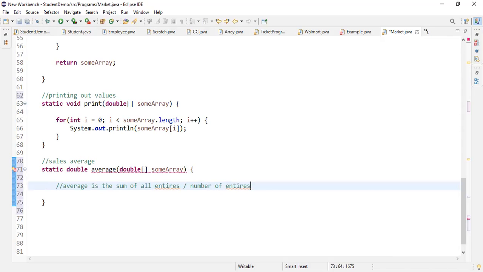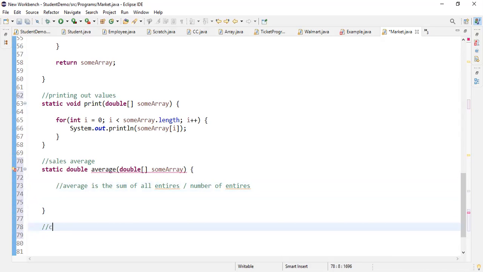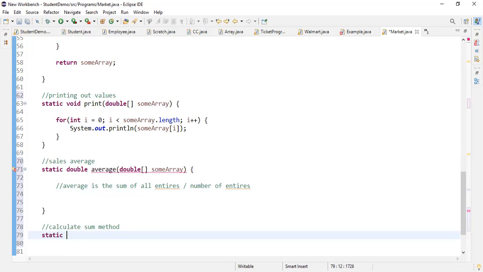In order to do that, we'll actually need the sum. So it would be best if we made a method which calculates the sum. So this method is going to be a static double sum method,